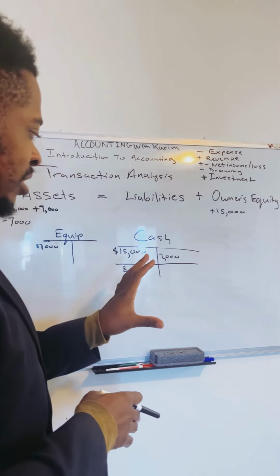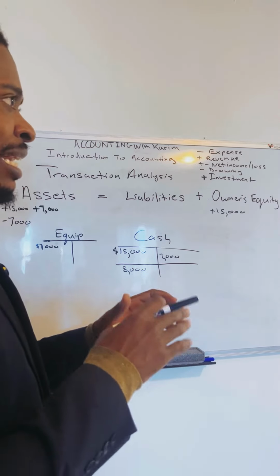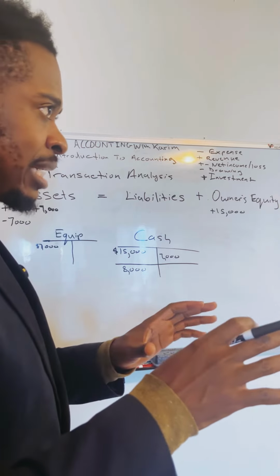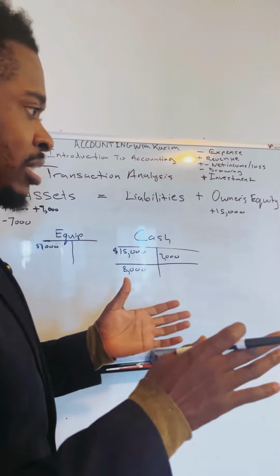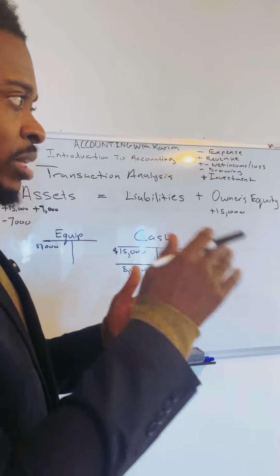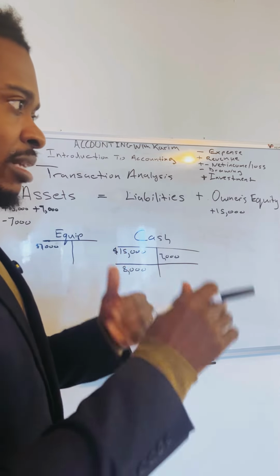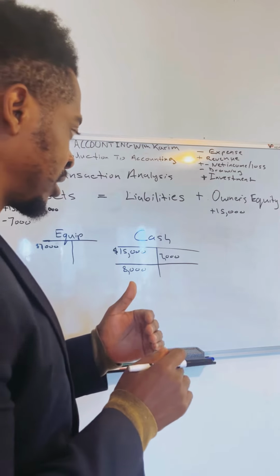At the end of this transaction, this is a net impact or a net zero impact to total assets, right? Because equipment is also an asset, so that went up by 7,000, and cash went down by 7,000. This is a net zero effect to total assets. So